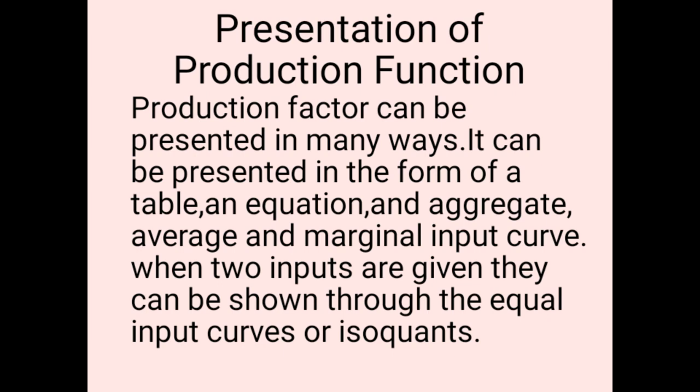An isoquant may be defined as a curve which shows the different combinations of the inputs producing the same level of output. We are using different combinations of inputs. Two inputs are there, A and B, and we are using them with different combinations: 50% A, 50% B, 30% A, 70% B, 70% A, 30% B, etc. So, these are the different combinations of the inputs producing the same level of output. This is known as isoquant.